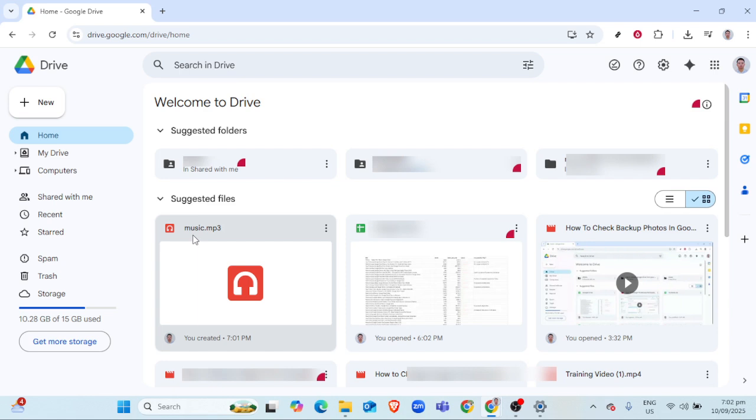And there you have it, an easy and efficient way to add and manage your music via Google Drive. With these steps, your tunes are a few clicks away